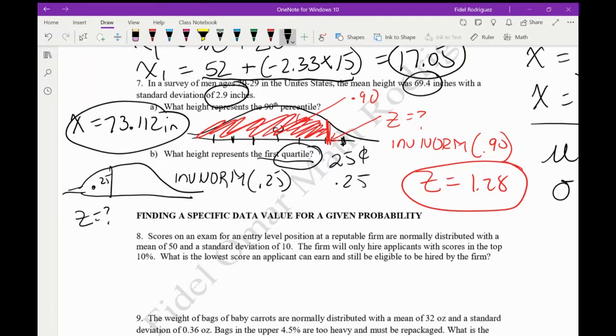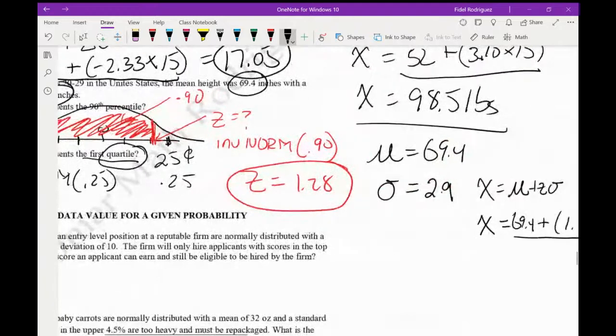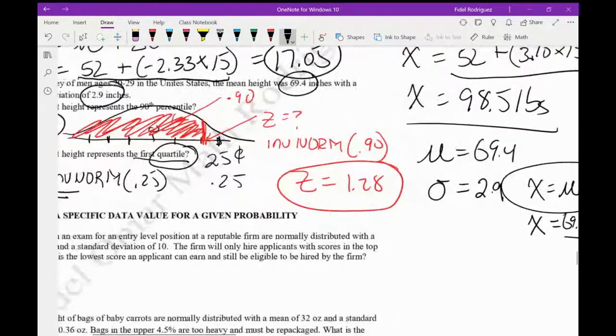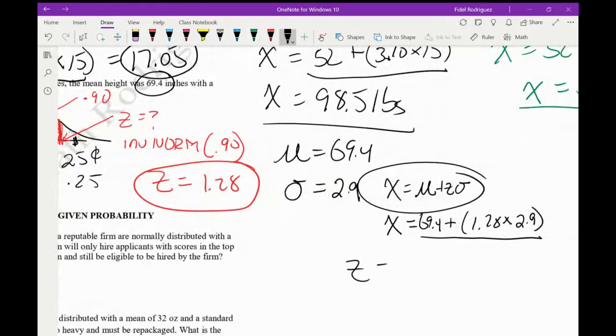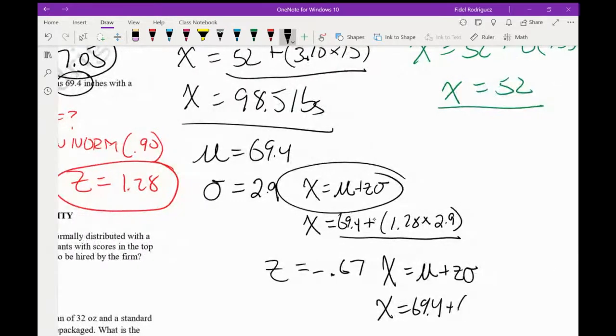Okay, the answer that I came up with was z was a negative 0.67. Okay, so here's my z-value. All I'm going to do is the same thing that I did earlier with this piece right here. So I'm kind of running out of room. Let me write it over here where I got some room. My z was a negative 0.67. Okay, let's find our x value. So mu plus z times sigma, 69.4 plus my z value